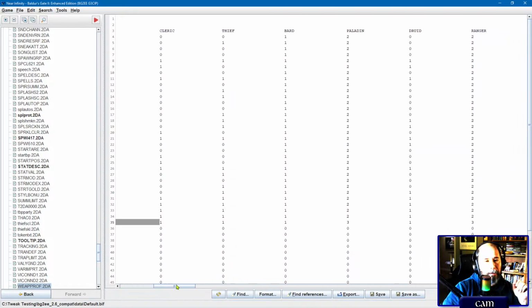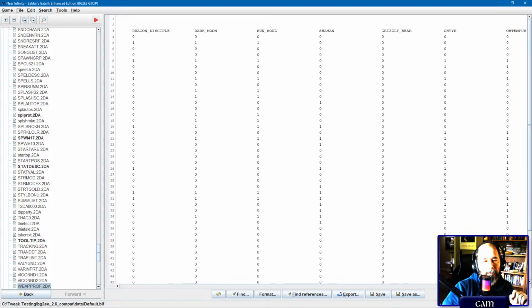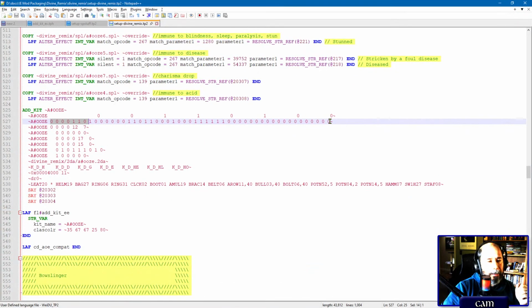This is also where you'll notice in here there's also the multi-classes. This is how the game limits multi-classes to 2 pips. You notice fighters got 5s all through this board. Fighter mages get 2s. This is why fighter mages could only do 2 pips instead of 5. But all the classes and kits are here. And like I said, since people really like to distinguish kits based on what weapon proficiencies they can place, this line, the weapon proficiency line,